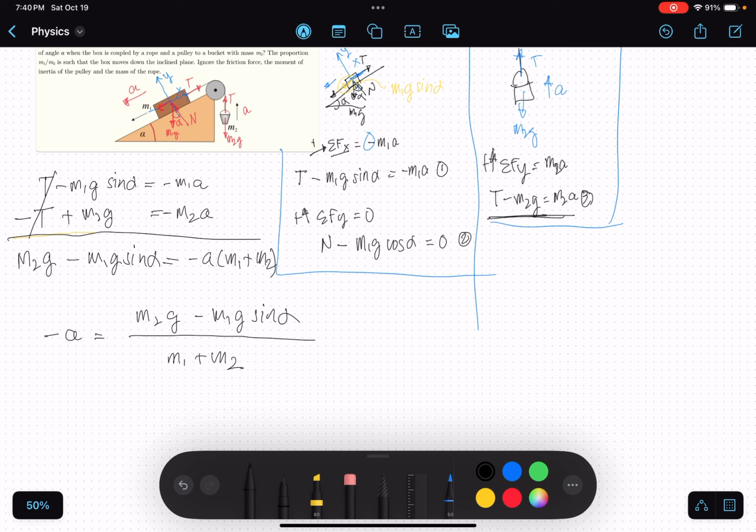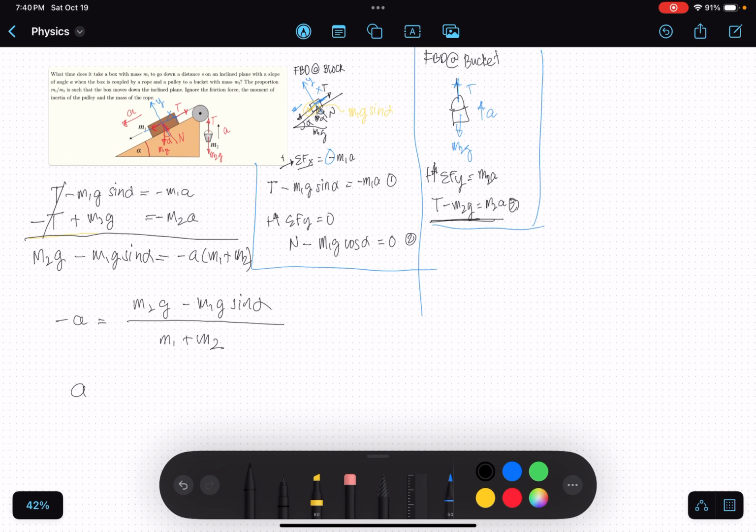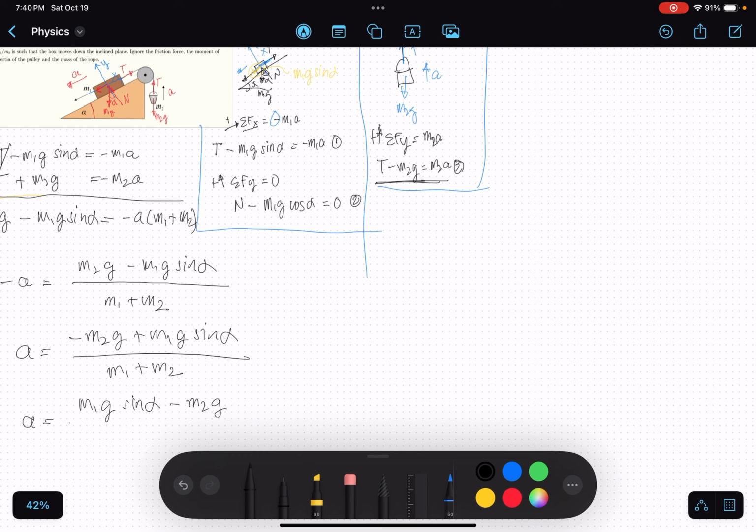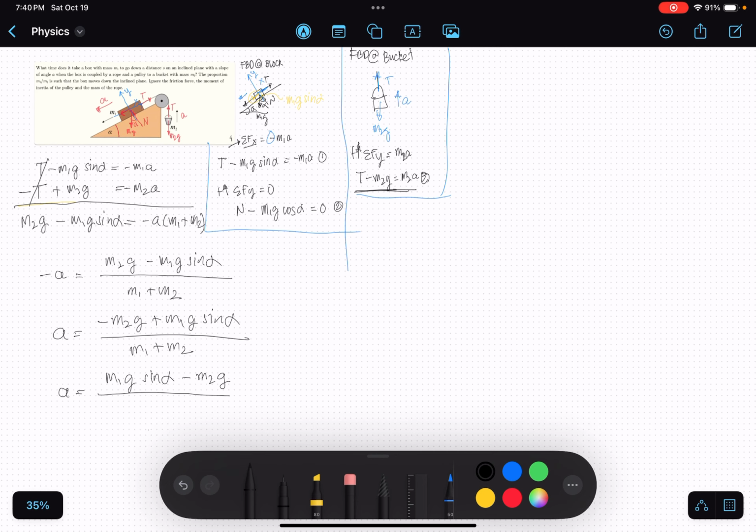Now, take note, para mag-positive yan, change natin. A equals negative M2G plus M1G sin alpha over M1 plus M2. Or A equals M1G sin alpha minus M2G over M1 plus M2. Okay? Okay na ba? Now, ngayon, meron na tayong acceleration. So, paano makuha natin yung